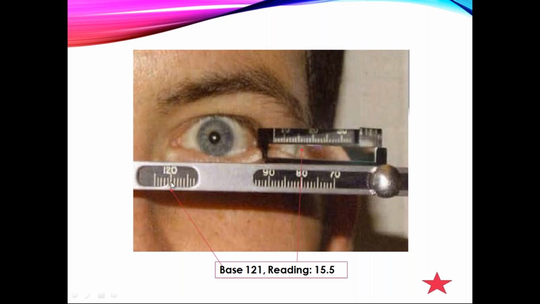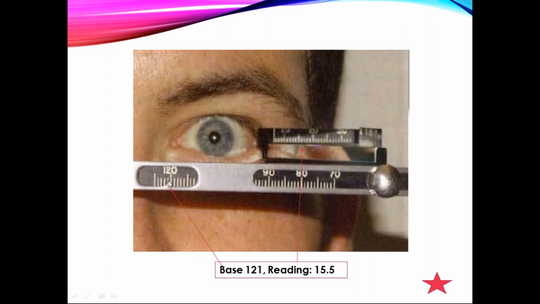That value and this base reading value is taken into account. You can see here this is 10, this is 10, 20 and 30. So somewhere the value is showing around 15 to 16. Between this, you can see the anterior surface of the cornea, the reflection of the anterior surface of the cornea is seen here, and this is the reading which you have to take, that is 15.5, and the base reading,